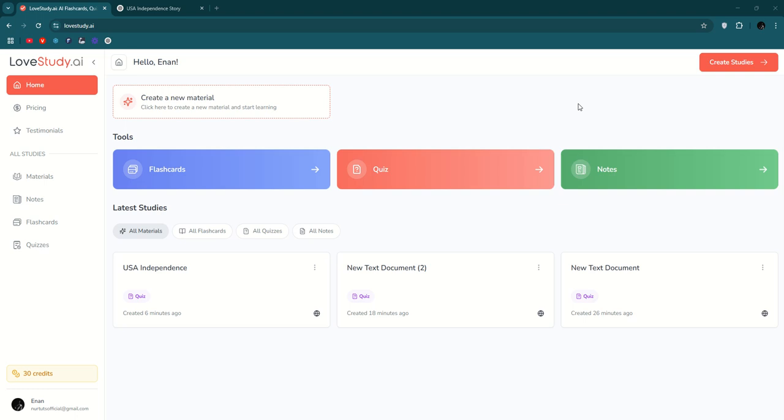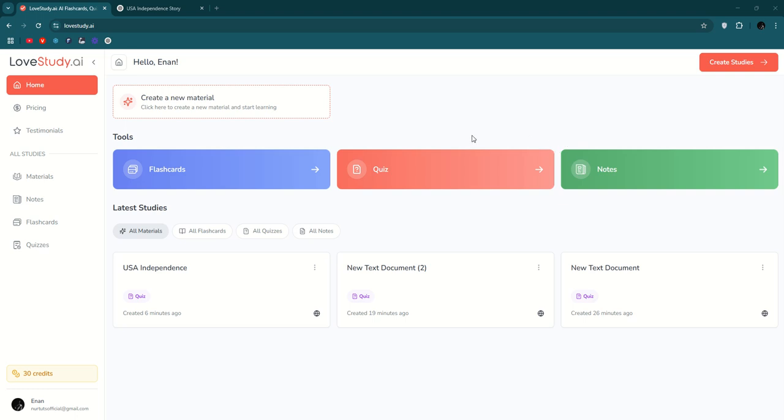You can enter any browser, then you'll get the website like this. Okay, so like flashcard, I'm just going to click create flashcard. You can create quiz, notes, and rest of the things, you can try other things, and I created how to create quiz and notes. You can check out my